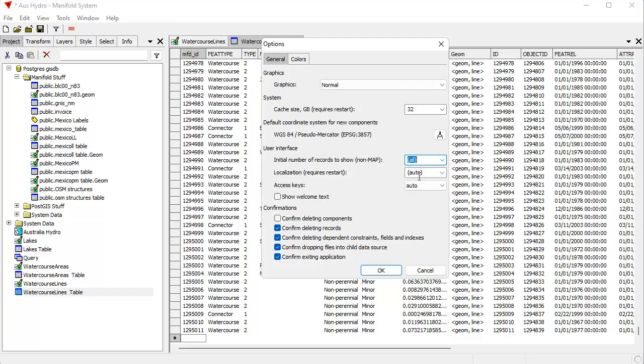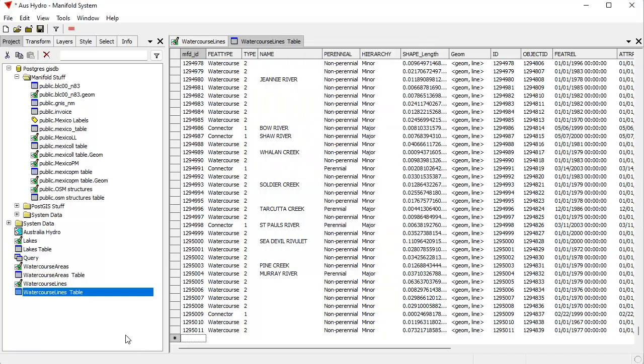If you like, you can change that to all, if you really want to, when you pop up a table in some external database, to show all records in the table, or you can set it to some reasonable number in between, if that's what you want to do as a sample for an initial number of records to show. I'm going to leave that at auto, and for most databases that ends up being 5,000 records. Click OK, great. So now let's work with this watercourse lines table that's in the Manifold project, and let's apply